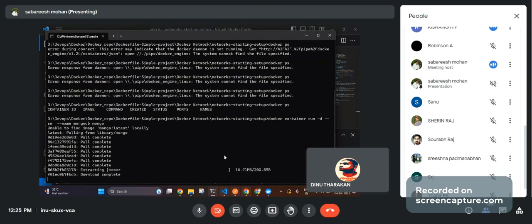We learned this when we learned about what? When we learned about the network part. Yes. But let's try with both scenarios. Let's try with the IP and then we'll see whether it is working or not.